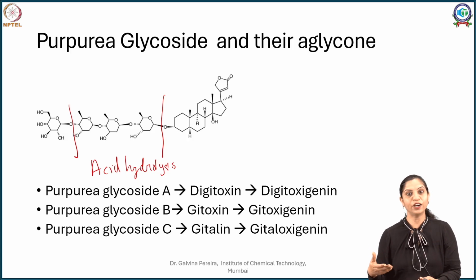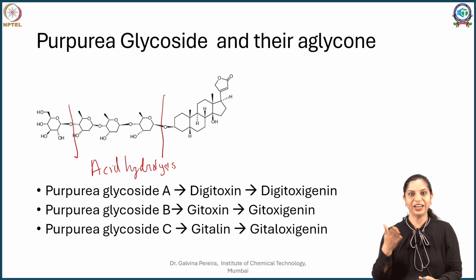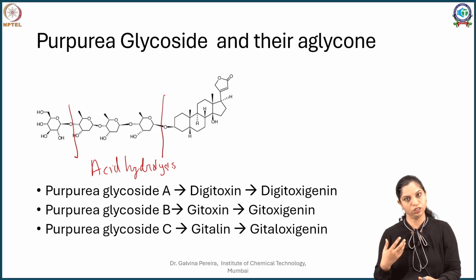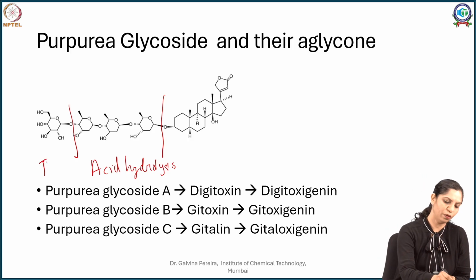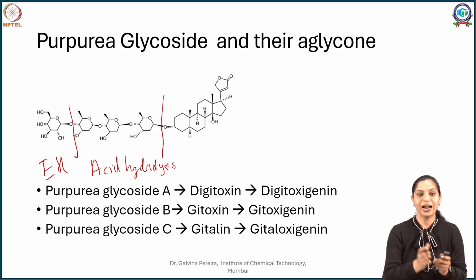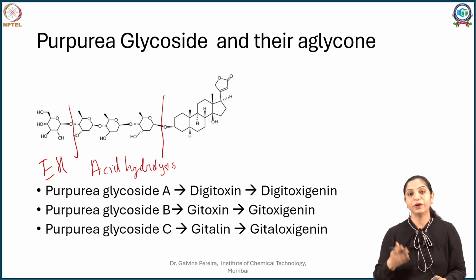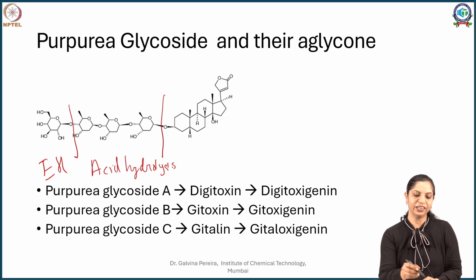Now these leaves are to be dried immediately. The reason is if you don't dry them immediately, the digipurpurase remains active. And if the digipurpurase remains active, like I said, it starts cleaving the sugars, the glucose being first. So enzymatic hydrolysis predominantly takes care of this, and to this point it is okay. But if it further deteriorates and removes your digitoxose moiety as well, in that case you get a genin.